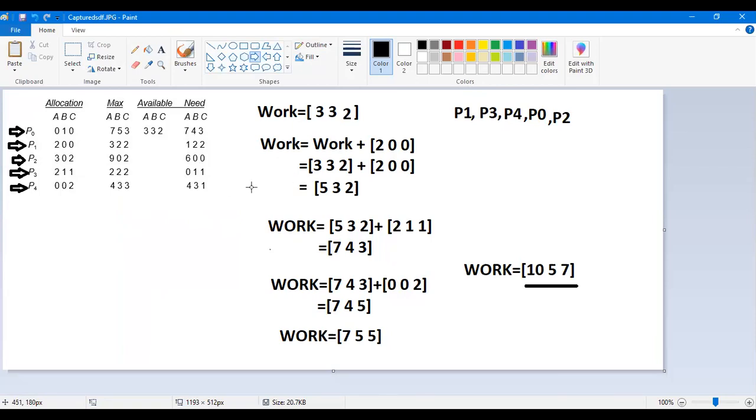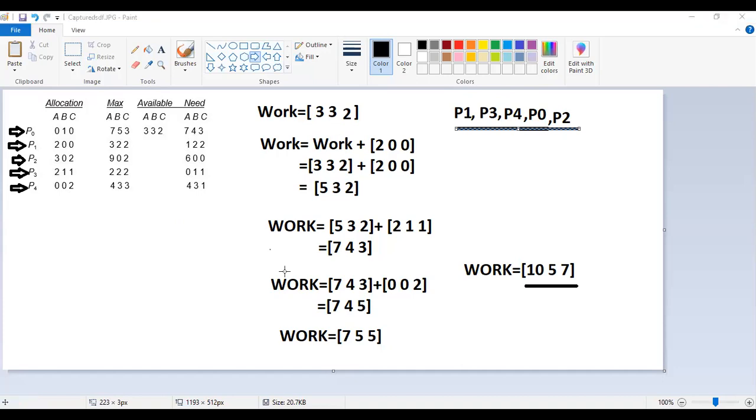But the logic is, can we have any sequence in this particular system? Yes, we are having one sequence, and the one we have found is this one. In this order, all the processes can execute. Another order is mentioned here.